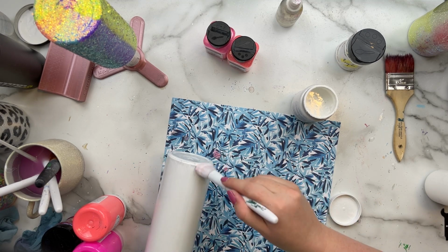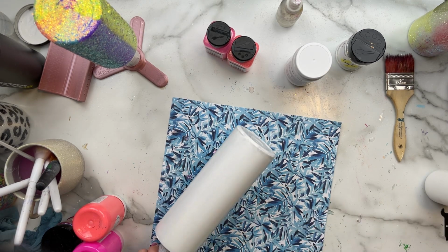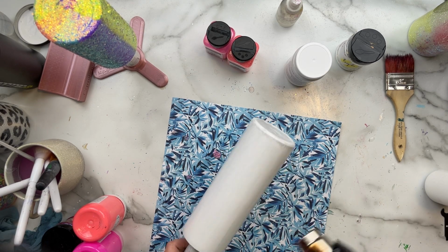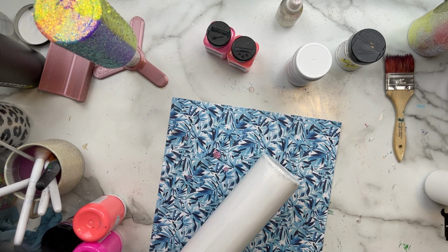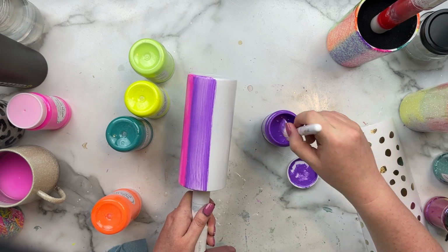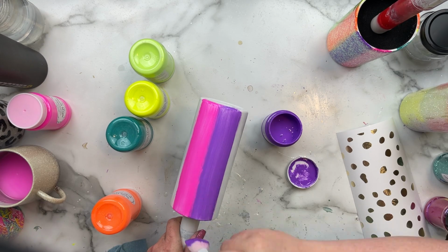You do not have to use this chalk paint. It was just raining and kind of a gloomy day outside, so I did this because I didn't want to have to go outside and spray paint, but you could just do one coat of spray paint and it would accomplish the same thing. Once that base layer is nice and dry, I'm going to grab my UV Neon Magic Fun paints